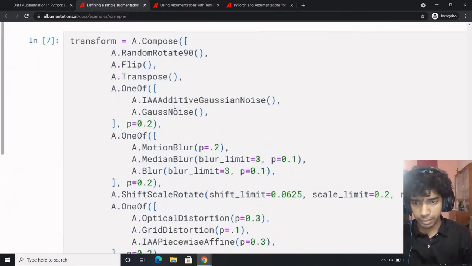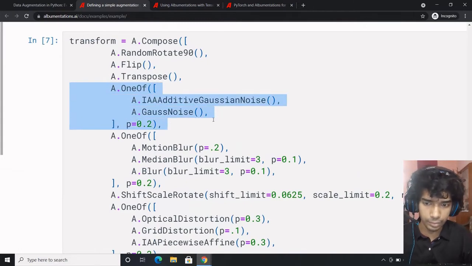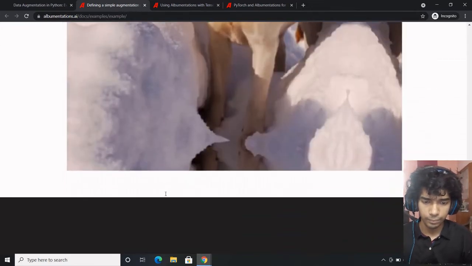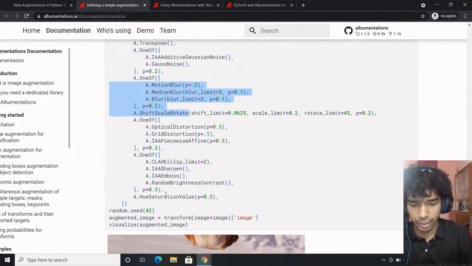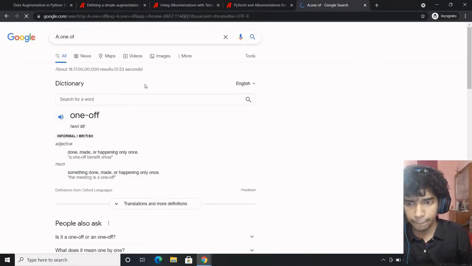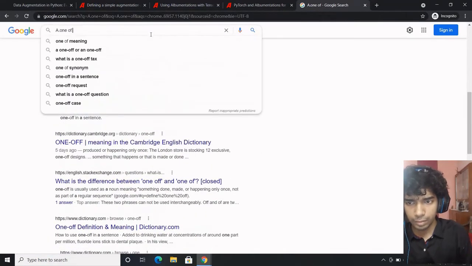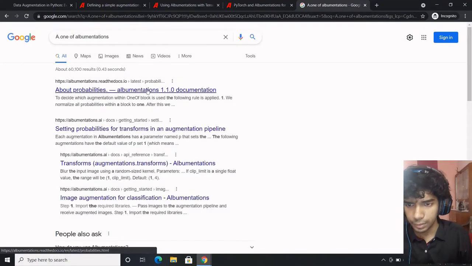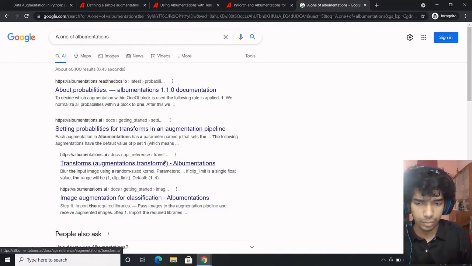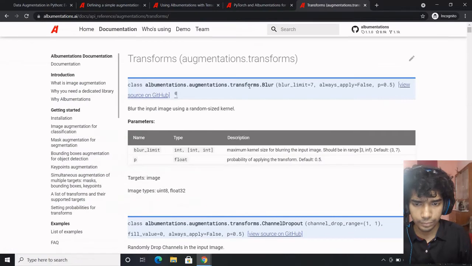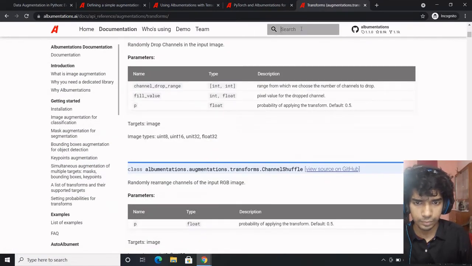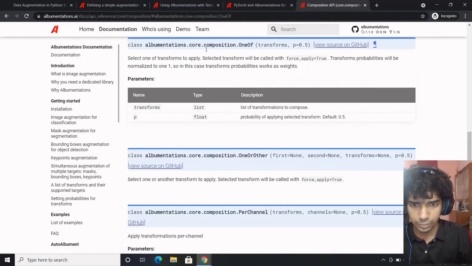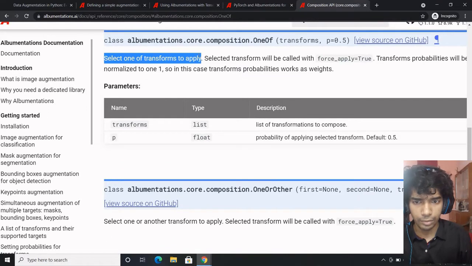And this one feature is quite impressive: OneOf. Either you want to do this or this, do that. So let's use OneOf, A.OneOf. It selects one of the transforms to apply.